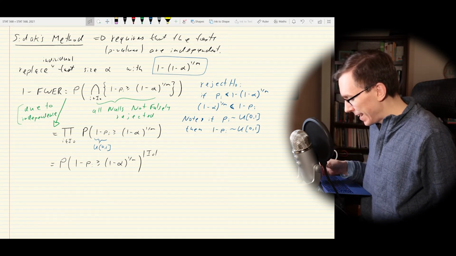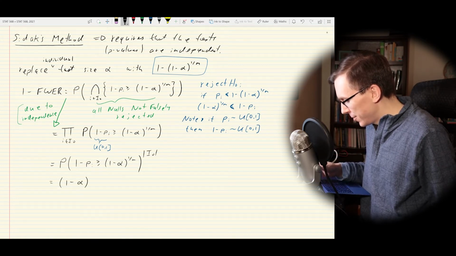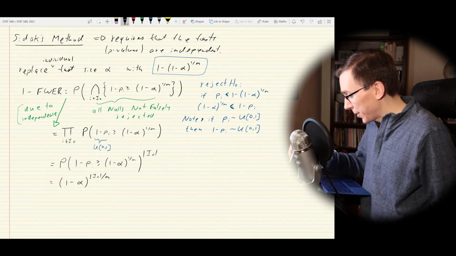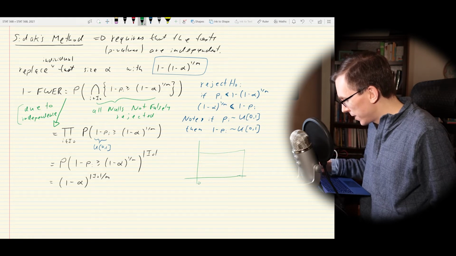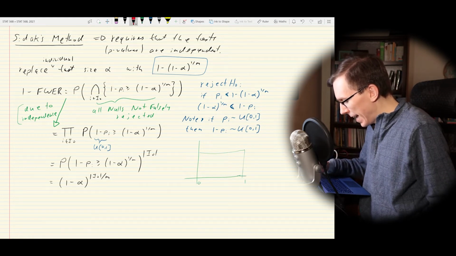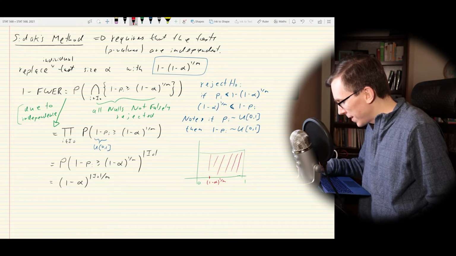And then we note that this is uniform, so it's just going to be 1 minus alpha to the I naught over m, which goes back to that drawing that I screwed up the first time, which is really just saying if I have a uniform 0, 1 random variable, and I have a point here that's going to be something like 1 minus alpha to the 1 over m, then the probability of being greater than or equal to that is just going to be